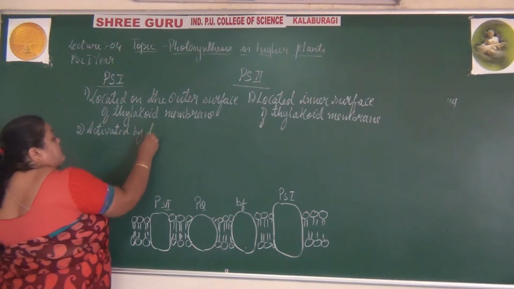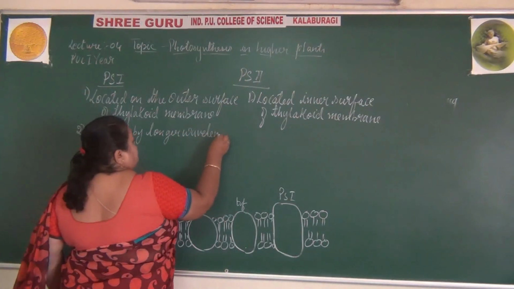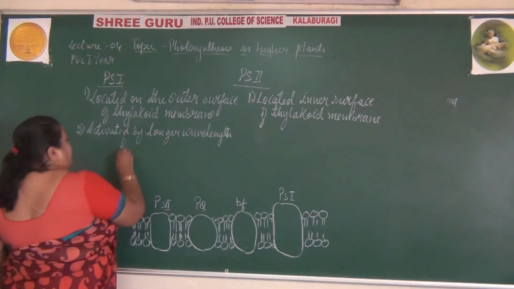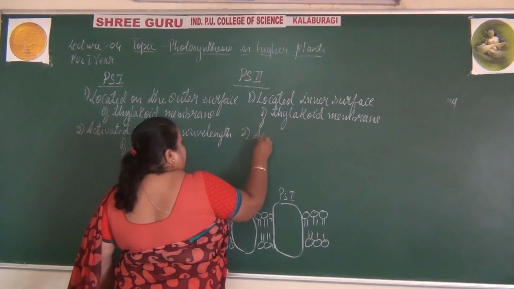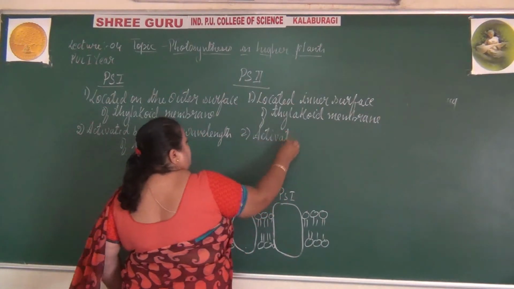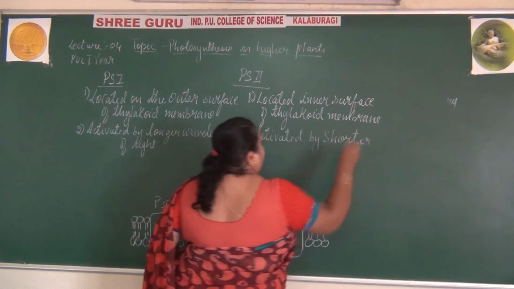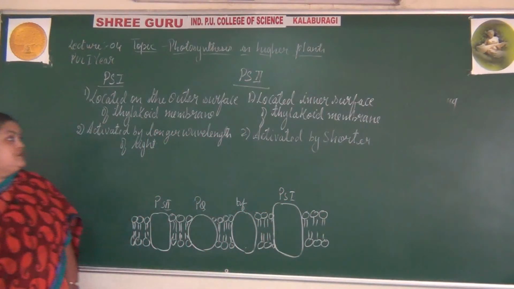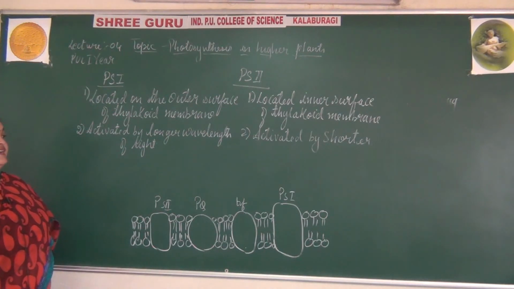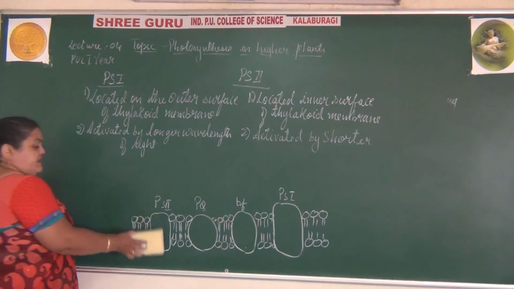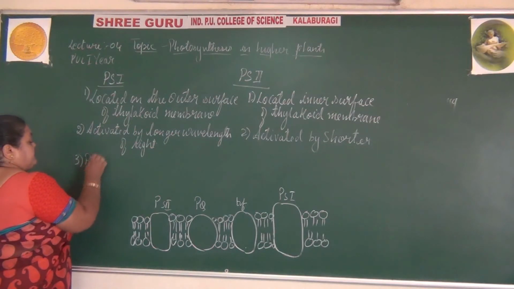Photosystem 1 gets activated by longer wavelength of light, while photosystem 2 is activated by shorter wavelength of light. Then if you go to the next point, the reaction center is